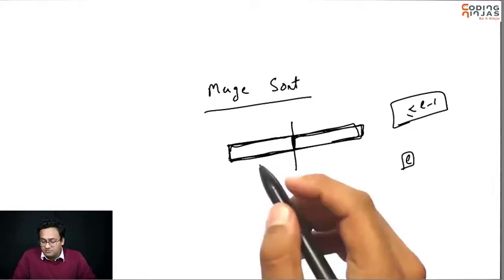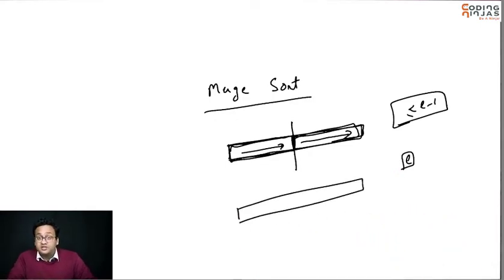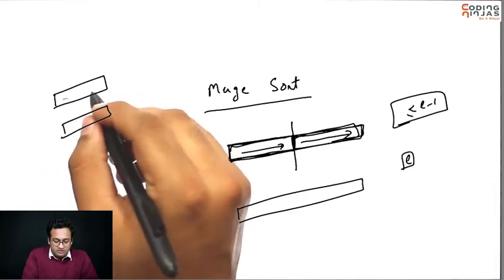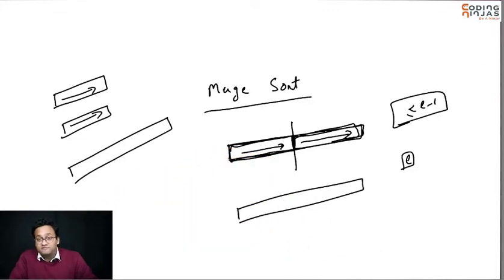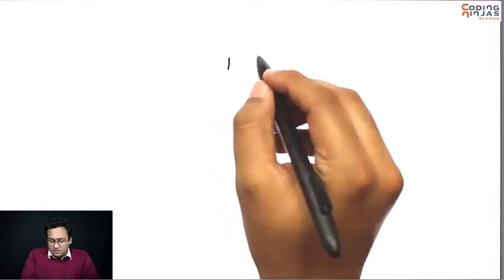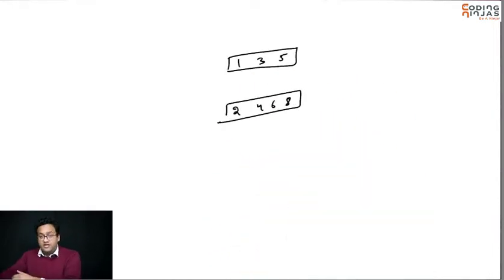Now once you have sorted both of them, this is sorted, this is sorted, we merge these two sorted lists into another list which will be sorted. So the problem now is that you have two lists which are sorted and you need to merge them into one bigger list which is sorted as well. I hope you have done this problem somewhere and this is a very standard problem that you should have seen in case of lists or arrays, right? So let me just quickly give you an idea. So merging two lists is actually a very interesting algorithm which has application in a lot of places.